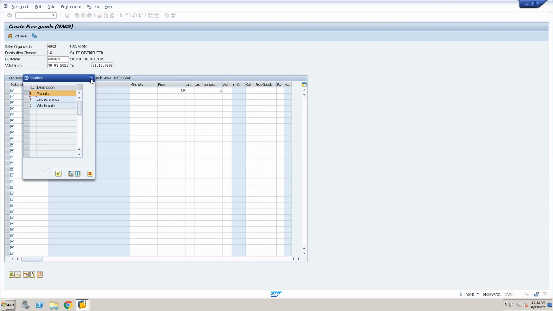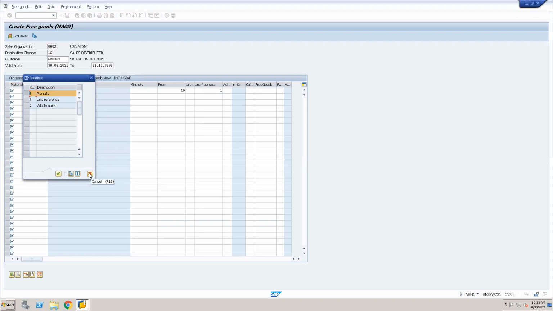So if there is some custom logic which has to be applied, then you can go ahead and create a custom logic, and you can select that one. Normally, standard, a 10+1 offer will be on a pro rata basis or something like that.